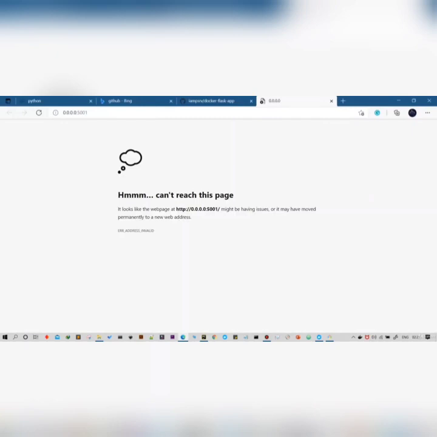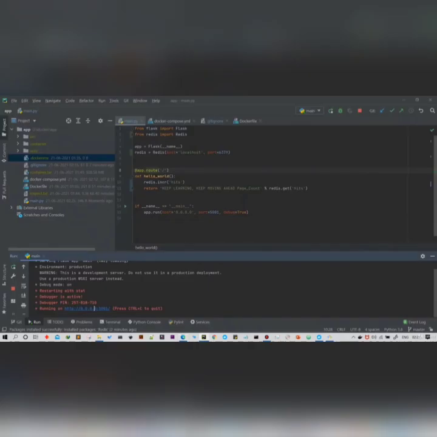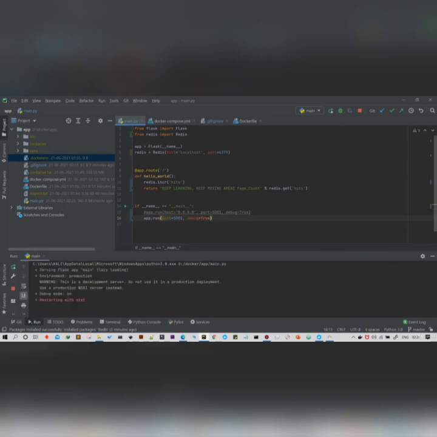Now let's open this URL, and we got some error here. Okay, yes, we got this error because we have used this host parameter, because at the time of building the Docker image we changed that thing. Now to run locally we do not require this host here. Just remove this, and I'm going to restart my Flask server again to check whether it is working fine or not.